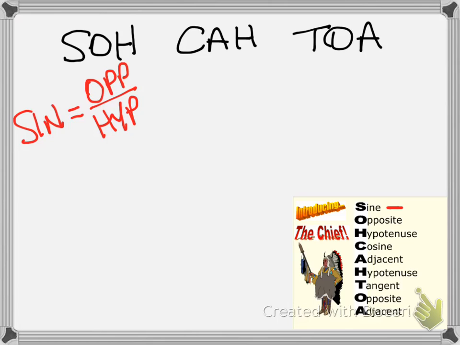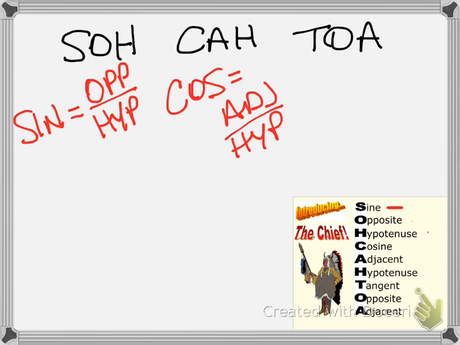CAH is cosine, and cosine is equal to adjacent over hypotenuse. And our last, TOA, that is tangent. Tangent is equal to opposite